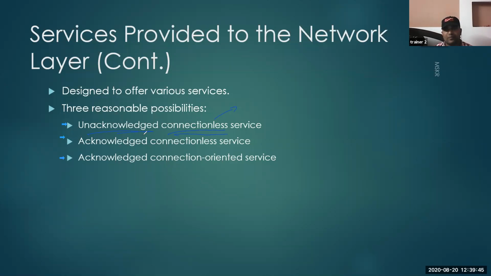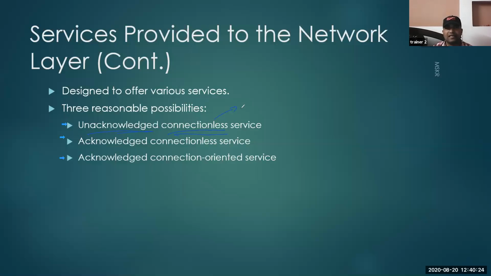I got one reply from J8 Gayatri. Yeah, K5 Leela Komala. I don't know your complete name, I am not able to see the complete name. So those two are right. Yeah, 66 is also right. 545, you are wrong. What about the other persons? Can you tell me one real-time example? I'm not talking about our computer networks. I'm talking about real-time examples where you can see this unacknowledged connectionless service.